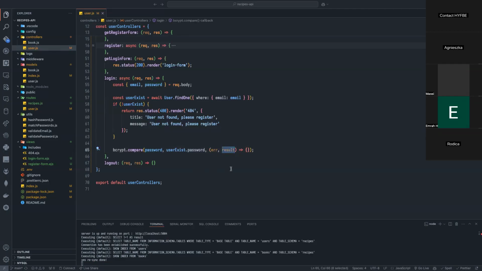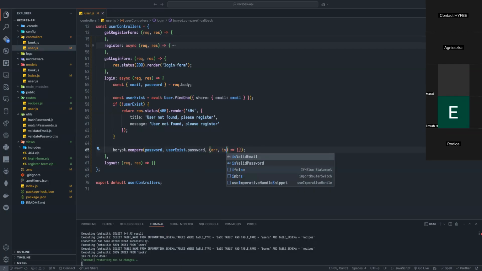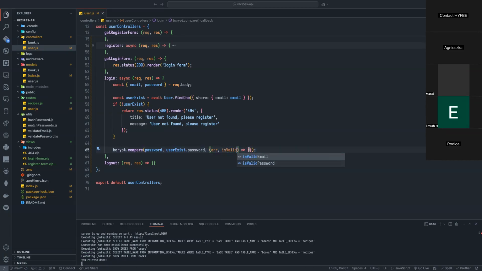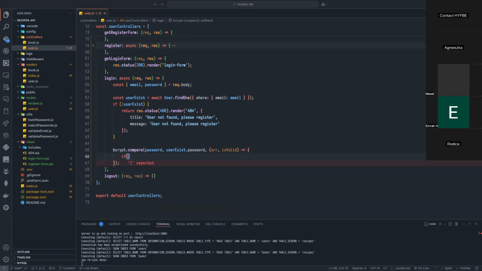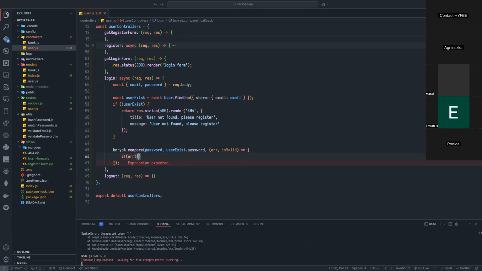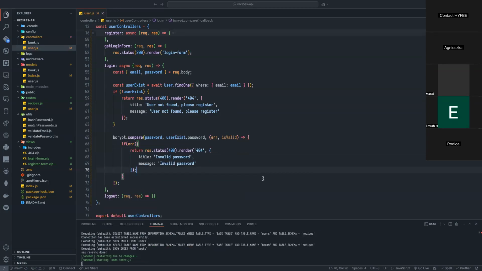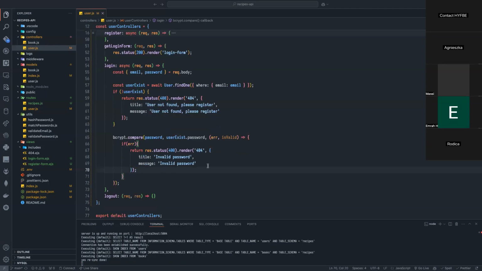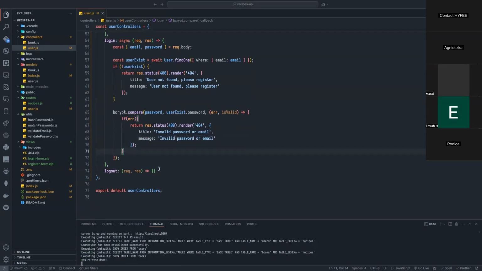So I will have error and result. Result will be a Boolean. So I like to name it isValid. Of course, if I have an error, it will be simple. I can just log the error and I can send status to the user, it's fine. Or I can just log the error. It really depends. Invalid password, or let's just say, or email for security reason. So if there is an error, I'm directly gonna send the user some message and tell him either your password or your email is wrong. I don't care. Now, if isValid,